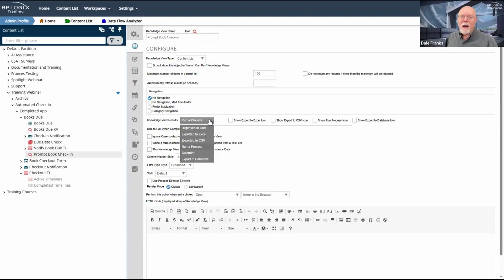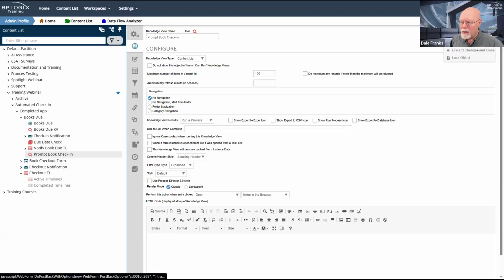This setting will invoke a process for each row in the knowledge view. If I have 5 books, that's 5 knowledge view rows. Or if I have 5 books due, that's 5 knowledge view rows. That's 5 process instances that we're going to want this knowledge view to invoke. So we're going to need to change this to run a process. And as soon as we do that, we're going to need to update. And the reason why we're going to need to update is because once I change this knowledge view results property to run a process,